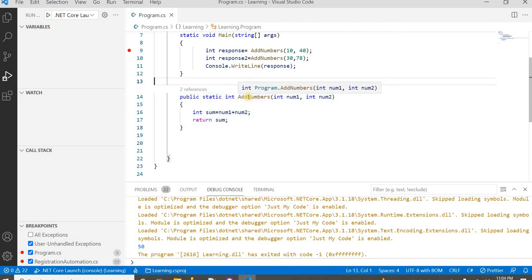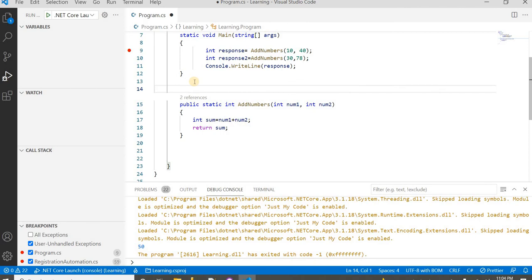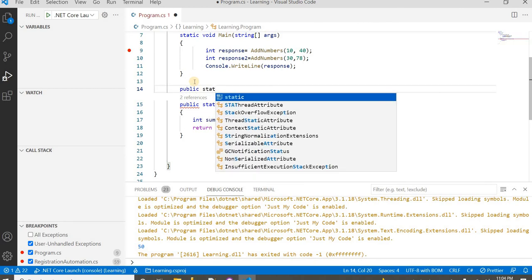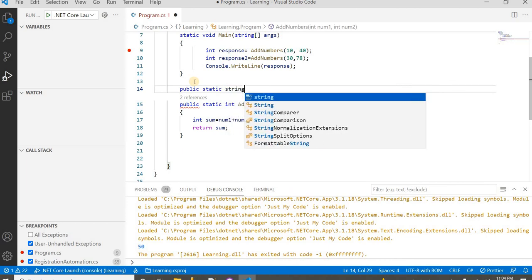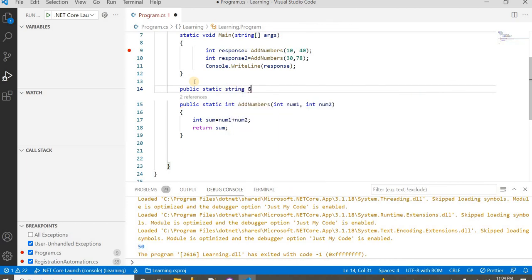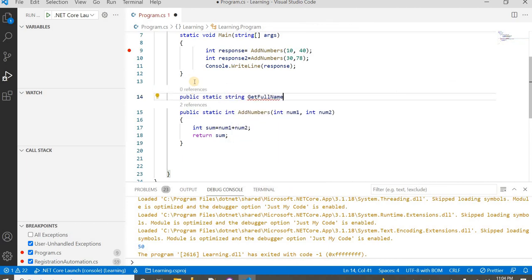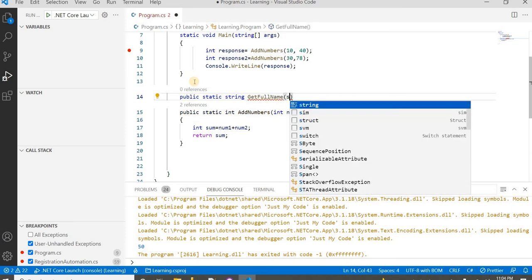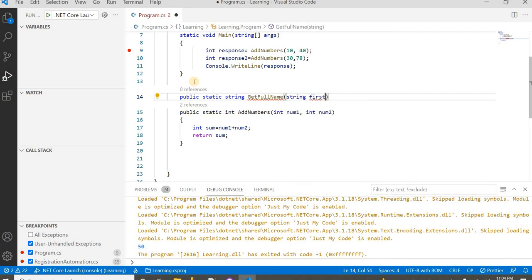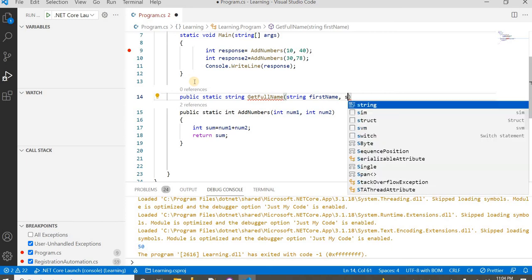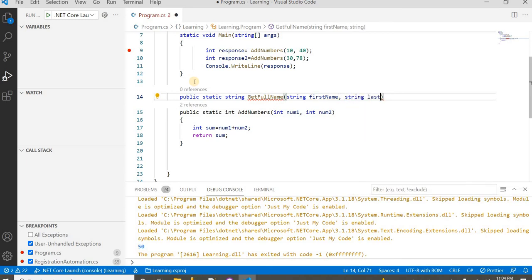Let's take one more example here. Now I will take one more method. Let's say public static, this time the return type is String and it's getFullName. It will take two parameters, String firstName and String lastName.